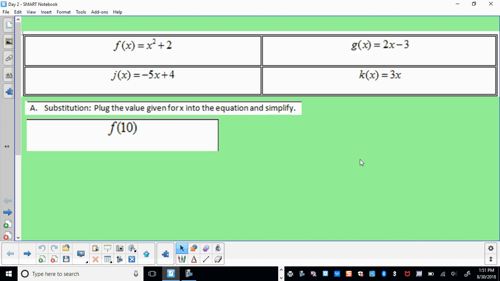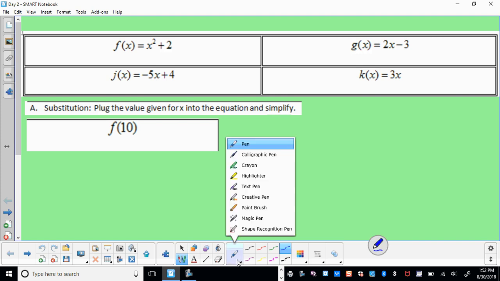Okay, so today's lesson is function operations. Some of them are fairly easy, but you have to really pay attention to detail. That's going to be our biggest thing today, paying attention to detail, because you can easily get something wrong if you're not careful. So let's take a look